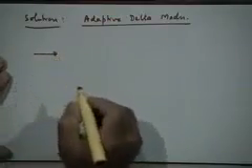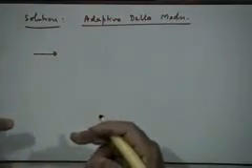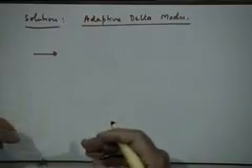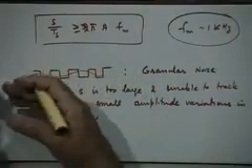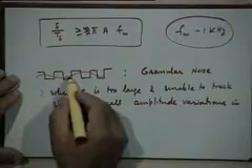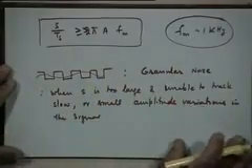And so, basically what we want to do in the adaptive delta modulator is find out what the slope conditions are like. If the slope of the input signal is rather large in a certain time interval, we want to make sure that the step size is increased. If, on the other hand, the amplitude variations are very small, we should like the step size to be decreased, so that we are able to track this finely, right. That is what we want to do.